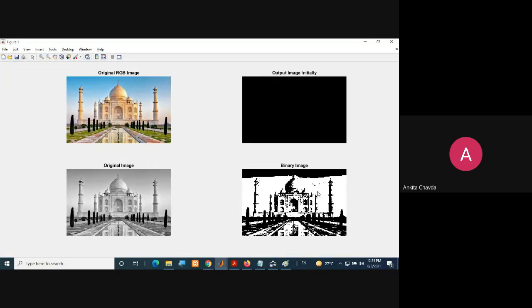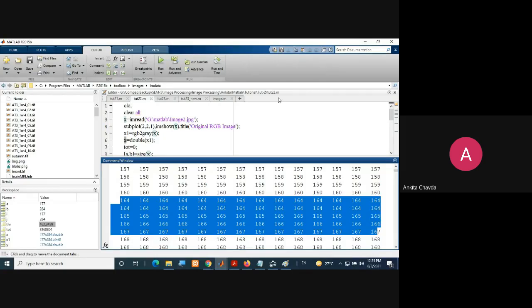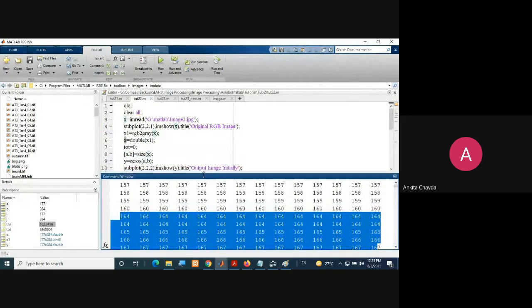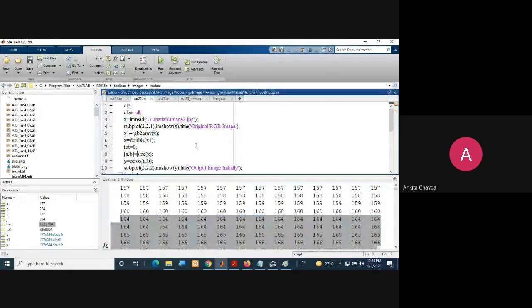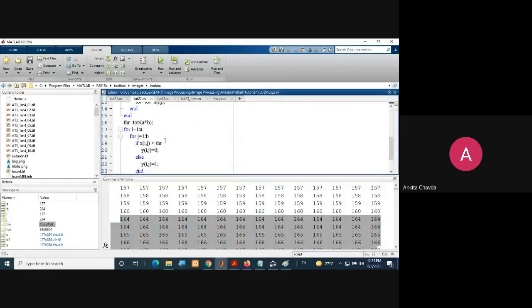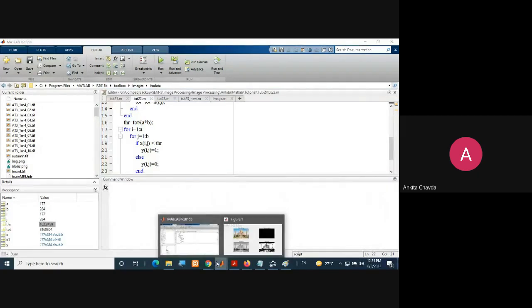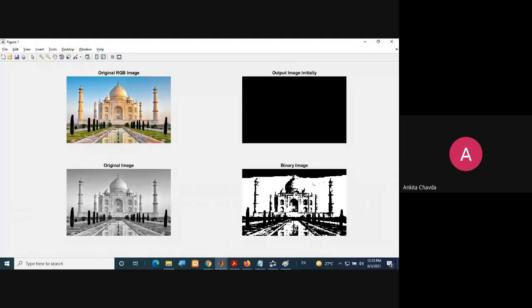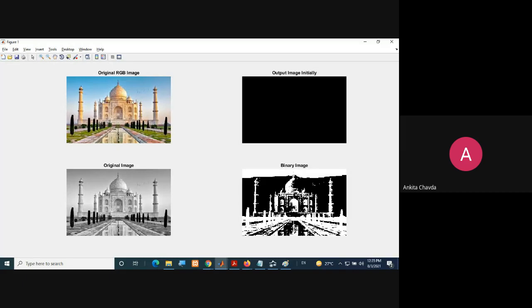You can even do the reverse thing because that is up to you. You can say that if your intensity values are less than your thresholding value, you want to make it 1 and the rest of the pixels 0. You can run this and have the image reverse of this. Wait for a while. See?